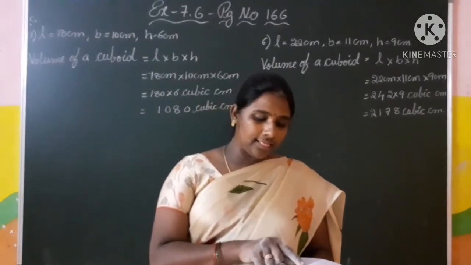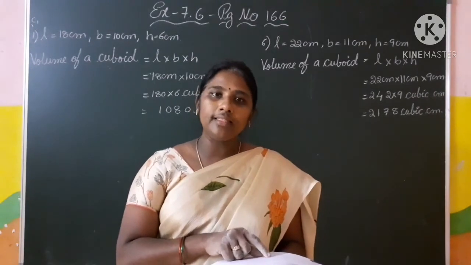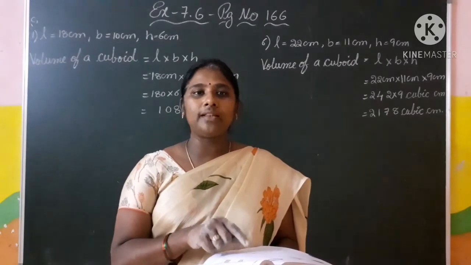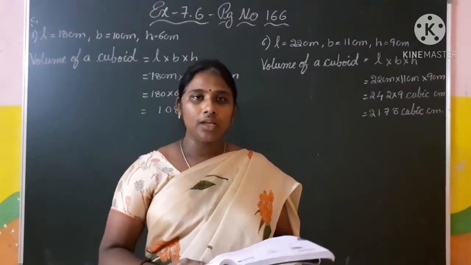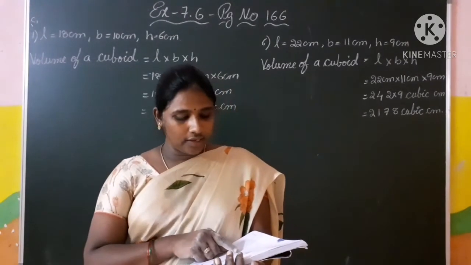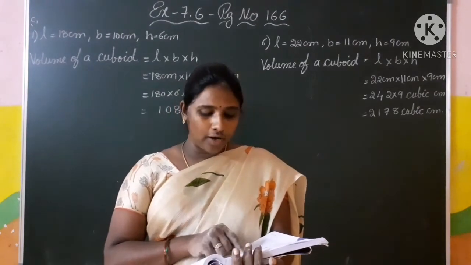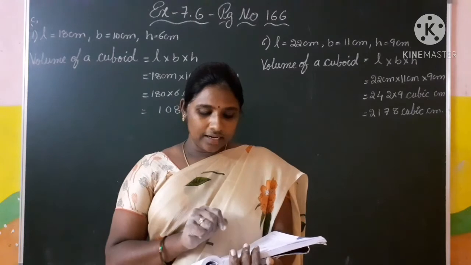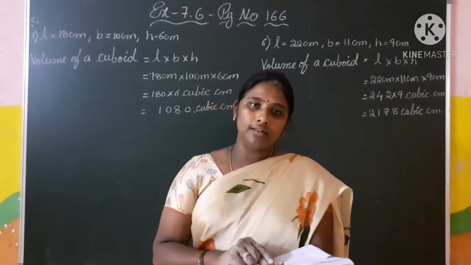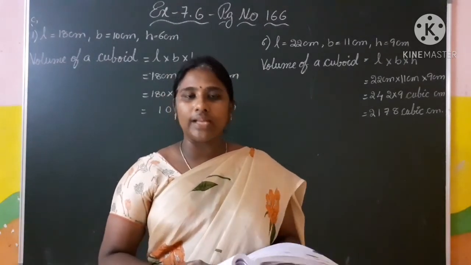Long for length, wide for breadth, deep for height. So length, breadth, height given. Find the volume of a flower bed. So volume of the soil we have to find now. So here length is equal to 80 centimeter, breadth is equal to 40 centimeter, deep means depth, height is equal to 2 centimeter. Volume of the soil is equal length into breadth into height. Do multiplication, you will get the answer.